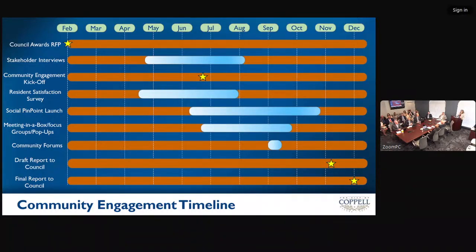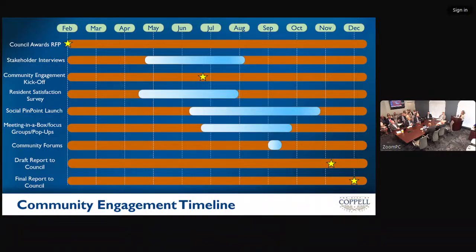The next line item down, so these are some of the additional smaller scale engagement opportunities that we have. So the pop-ups that Lauren discussed during the community experiences engagement process, that is very similar to what we will also be doing. We have some focus groups that we will be either around certain topics or for certain groups. So for example, HOAs, we might have a focus group for our HOAs, or we might have a focus group around pillars 1 and 2. We're still kind of working through how the format is, but there will be some opportunities for a more targeted conversation about specific things. And then we have a new type of engagement.